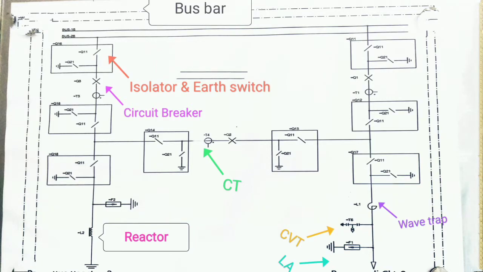So this is the basics of your one and half scheme. This one and half scheme can be used for a 33 kV circuit, or even 132 kV, or even 400 kV or 765 kV also. This can be used. And next is